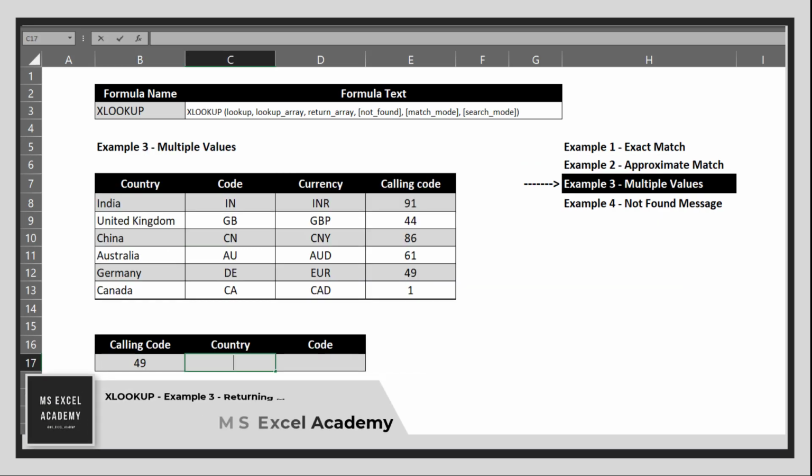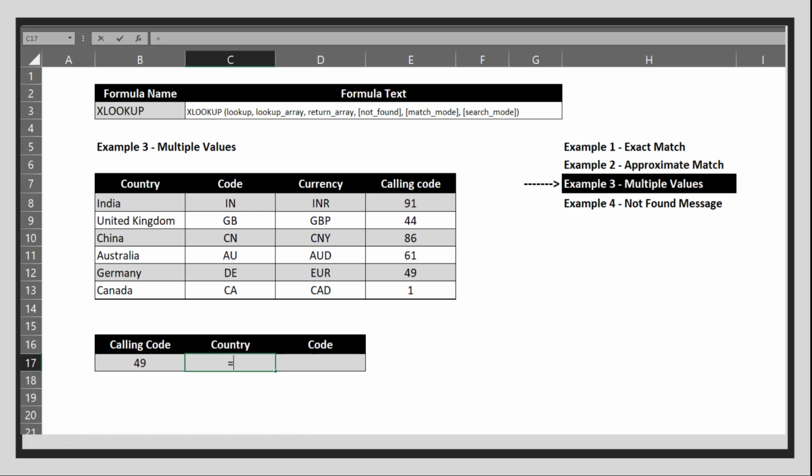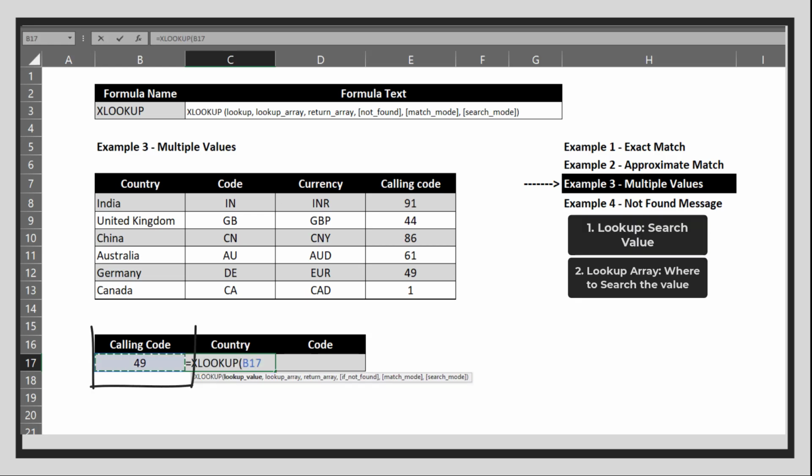Let's go and see the next example, returning multiple values. Now this is where XLOOKUP really shines. It can return more than one value while looking up. We are back to our country data and this time we will get country name and country code both together with one formula. We will again start the same way, select lookup value, lookup range, and when we select return